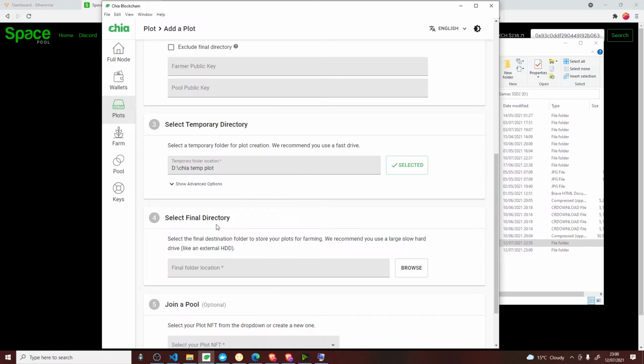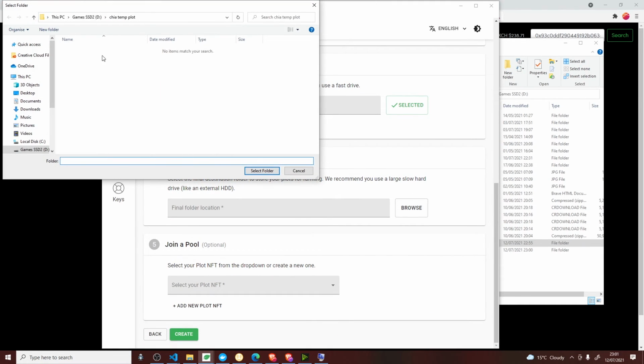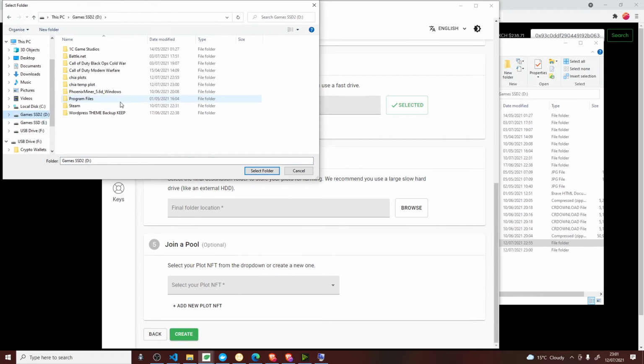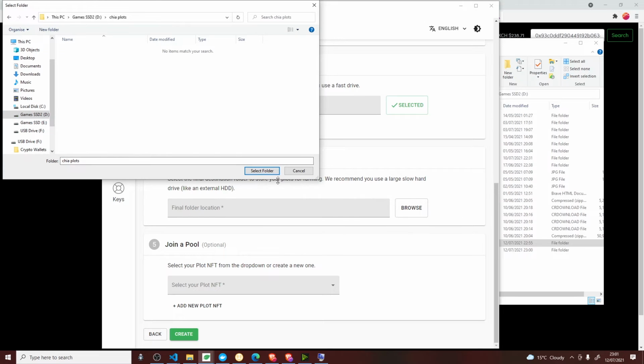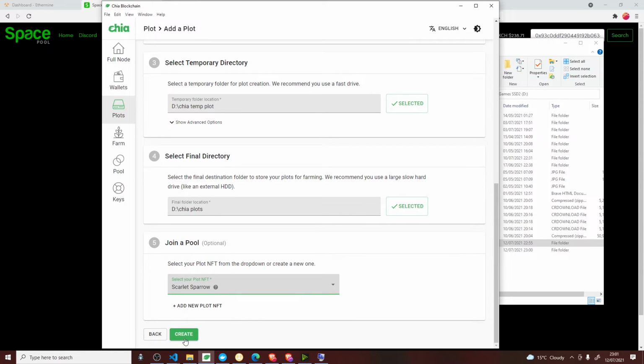Like I say, normally that would be a different drive completely, and a fast drive. Select final directory, browse. That's going to be D, Chia plot. Select folder. And then here we've got join a pool. So we're going to select the pool, Scarlet Sparrow, and then create.